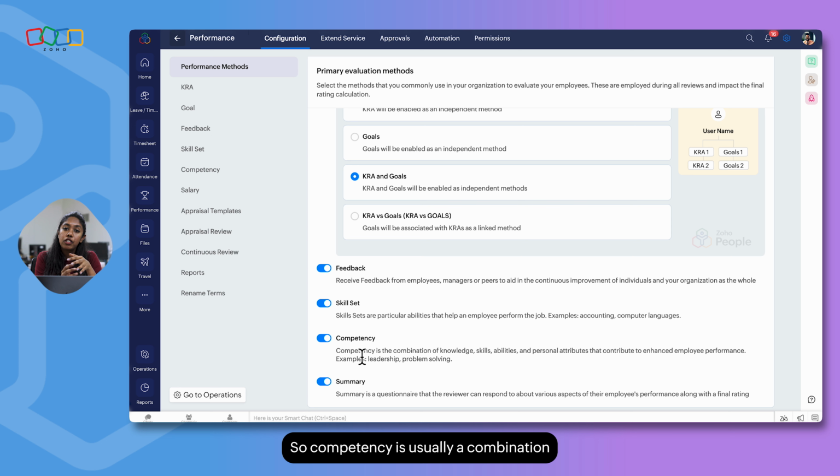And then we have competencies. Competency is usually a combination of skills and behavior patterns of an employee that will help them to achieve the responsibilities assigned to them. Let's go back to the first example. There is a customer service representative working at your organization, and the KRAs for this customer service representative are going to be customer satisfaction, response time, and resolution rate.